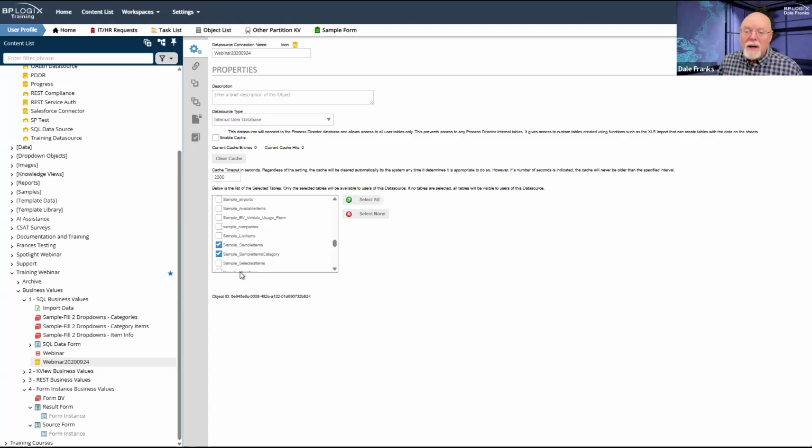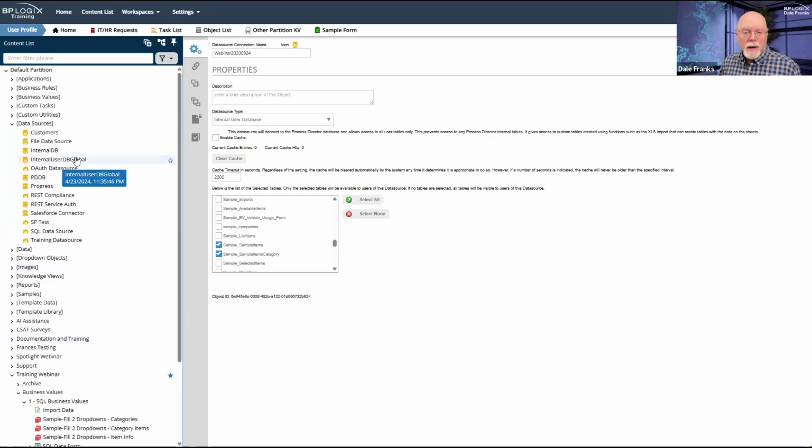In this case, this data source is restricted to only these 2 tables, and these are the 2 tables that exist in my Excel spreadsheet. And so I'm restricting my data source to just those 2 tables that exist in the spreadsheet.